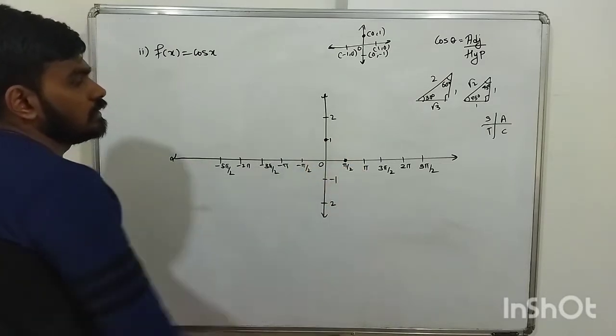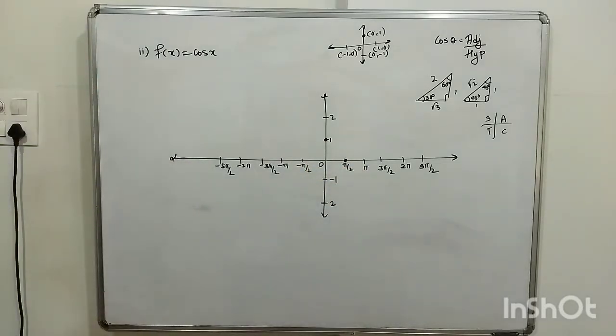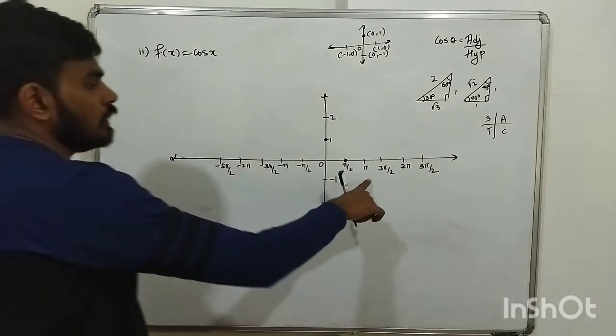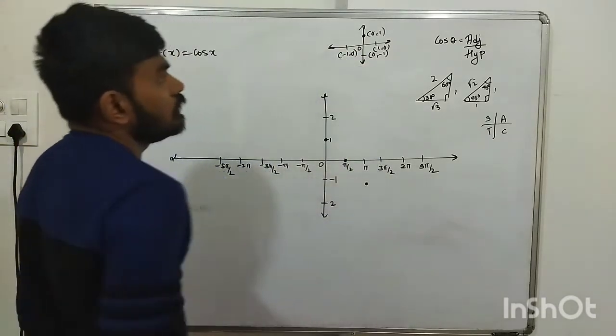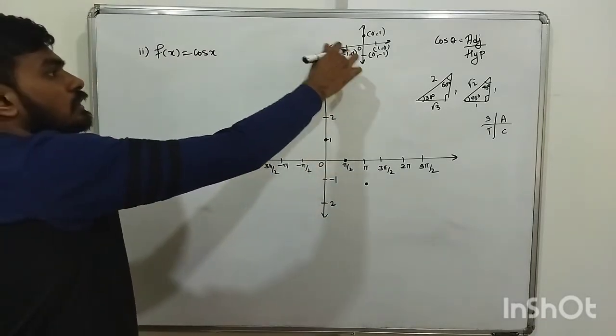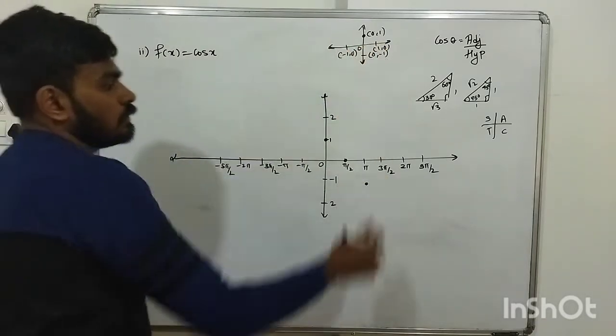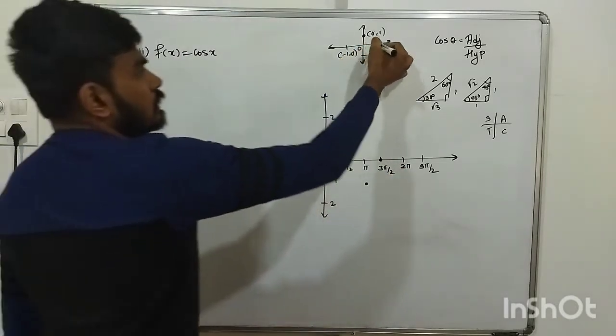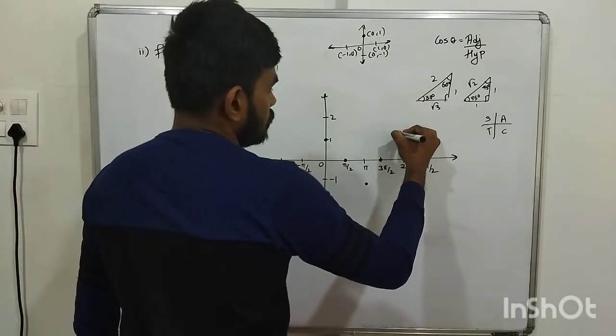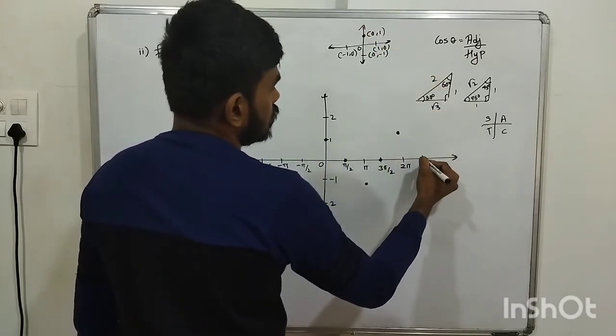Cos 90 is 0. Similarly cos of 180 is minus 1, so the point will come here. Understood, no? Then cos of 270 is 0, it will come here. Then cos of 360 is 1, it will come here. Cos of 450 is 0,